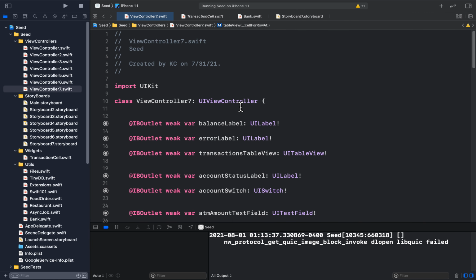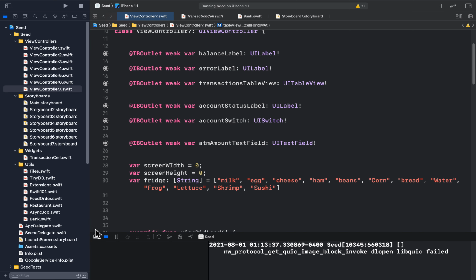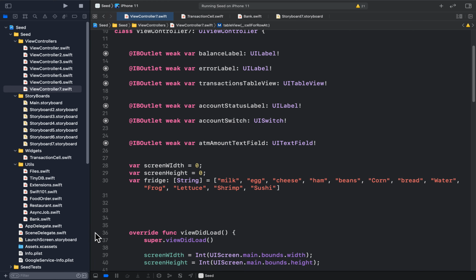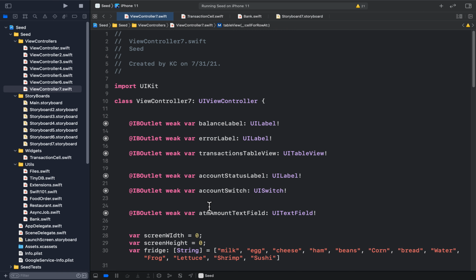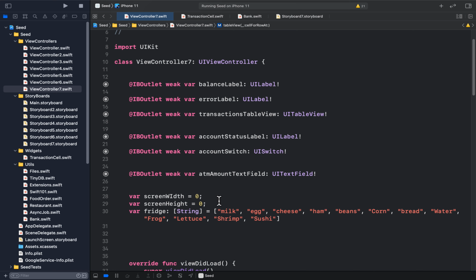So to do that, oh, by the way, this is going to be the last super app we're going to create. The next app we're going to be working on won't be as complex, should I say that? So you should be happy. All right, so